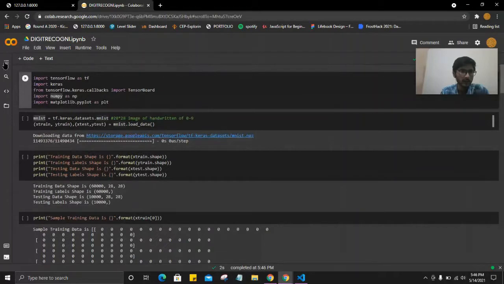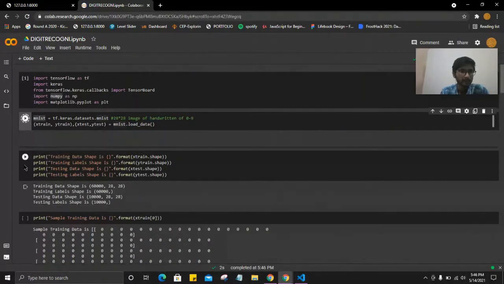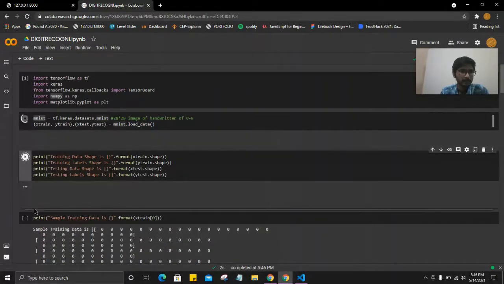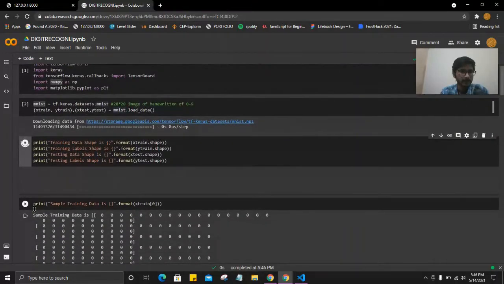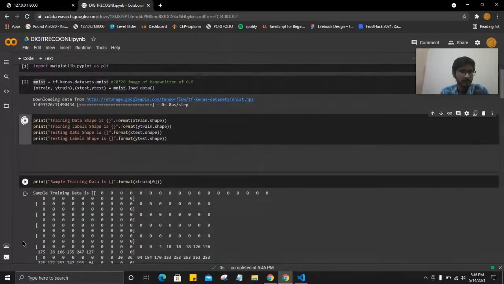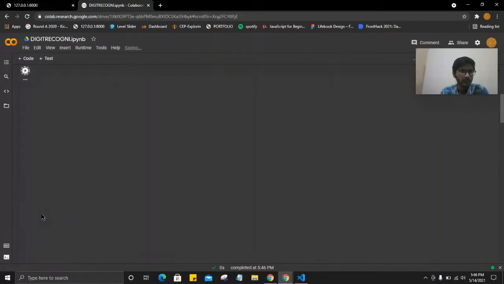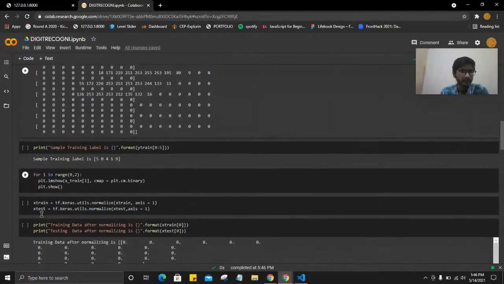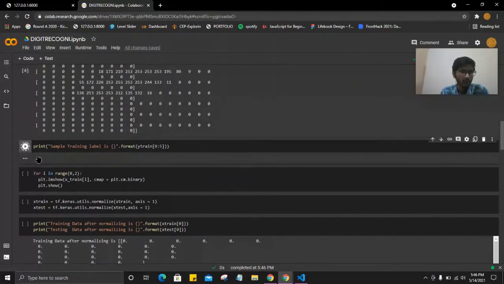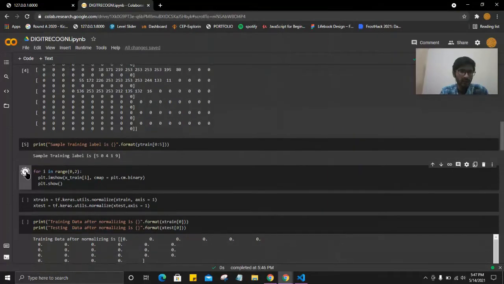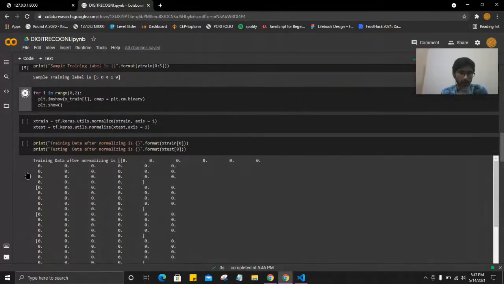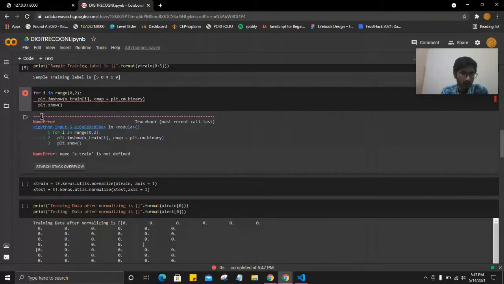Just a second. Yes, you can see the first digit is 5, then 0, then 4, then 1, and then 9, and it will show you the pictorial graph also.